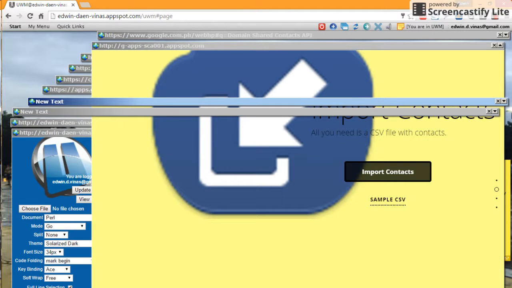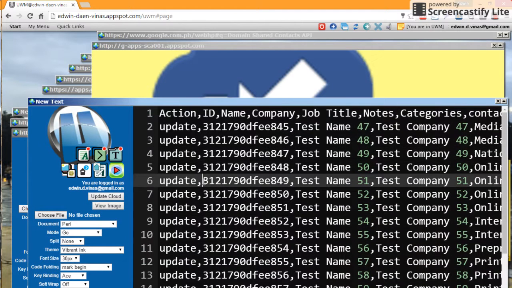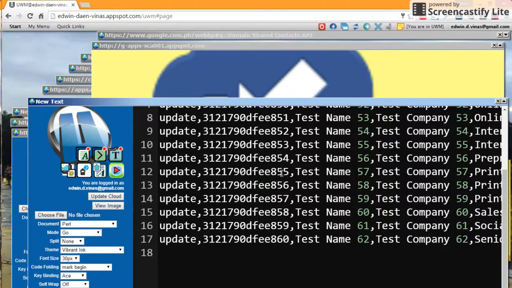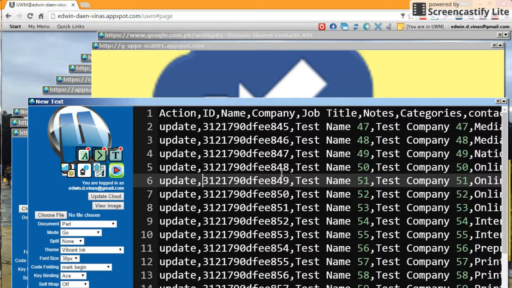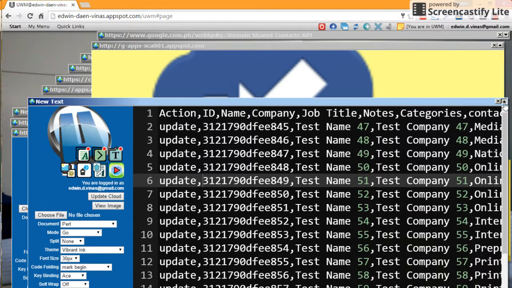This is a sample CSV file that contains the contacts that you want to update into your Google Apps. This is very useful if you have hundreds of contacts and you want to automatically put them to your Google Apps directory without doing it manually.